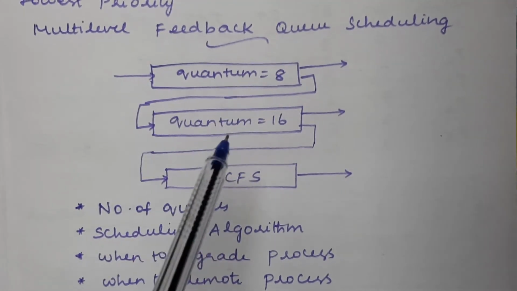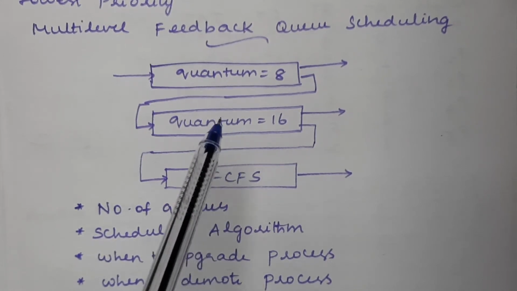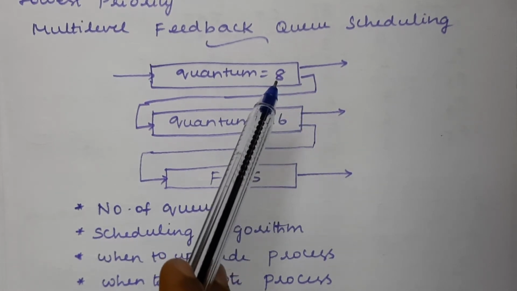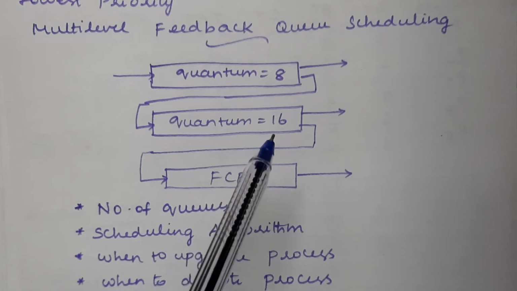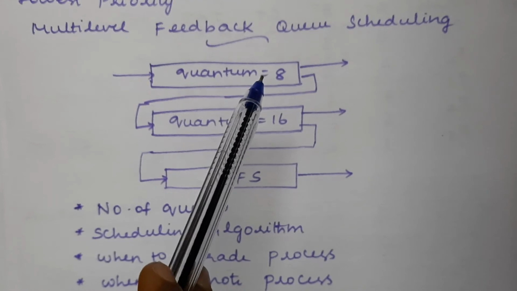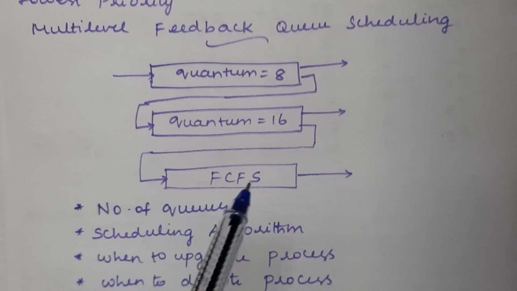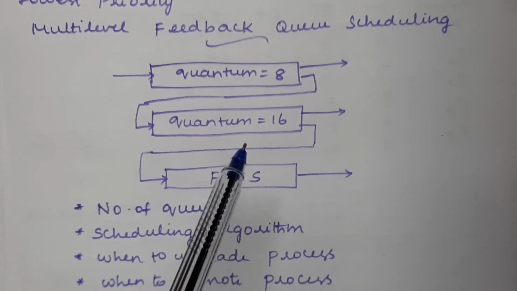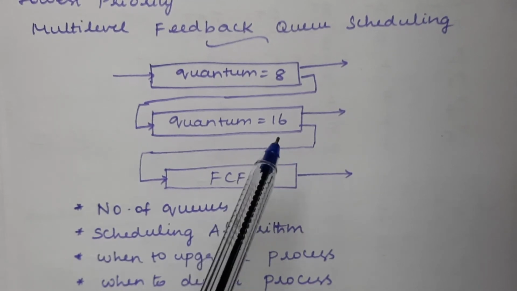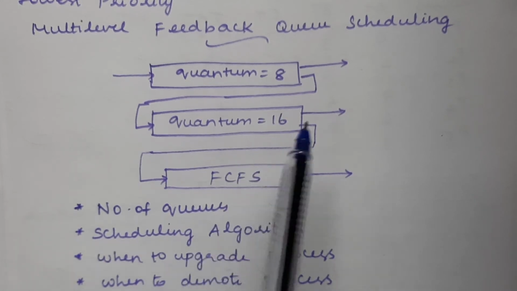Okay, and the next level of process, here again we are following round robin scheduling, and the time quantum period we are assigning somewhat greater than the previous time quantum period, right? So here we are assigning it as 16, which is somewhat greater than the time quantum we assigned in the previous level. So here it is 16, and if you have any other level in between, you can raise the time quantum somewhat higher, like 20 or 25, something like that. Otherwise we can double it, like 32, right?